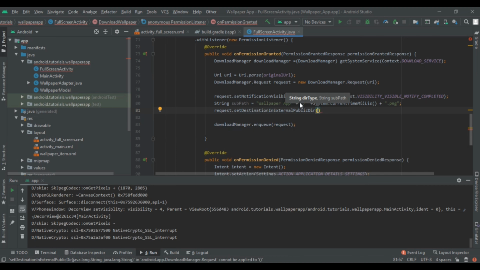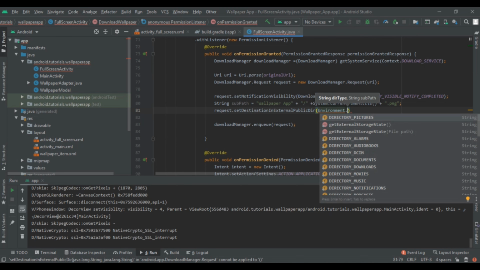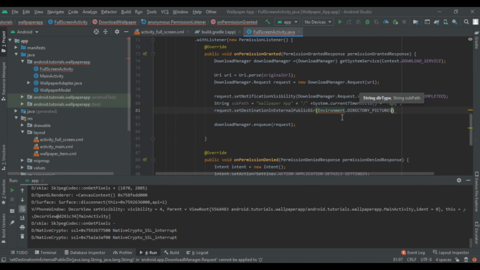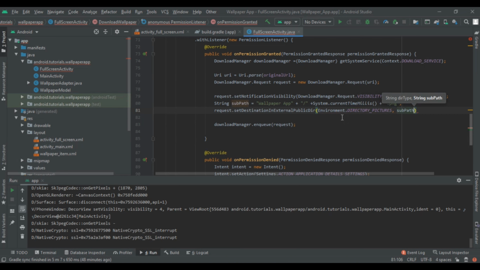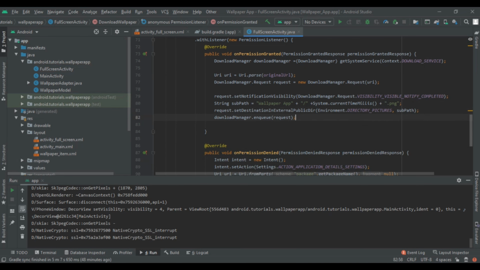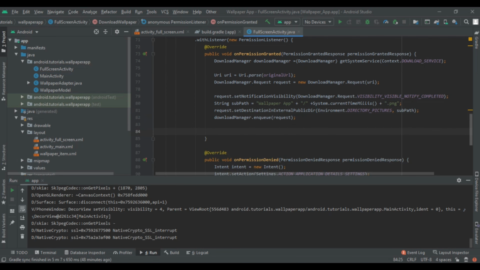After that we have to write Environment dot, you will find all the folders that usually you see in your device. So here our first name is the Pictures folder, we have to create this folder. So after that pass the subpath. I think now you understand why we have created this. So this will save the image in our pictures directory by creating the folder of our wallpaper app.